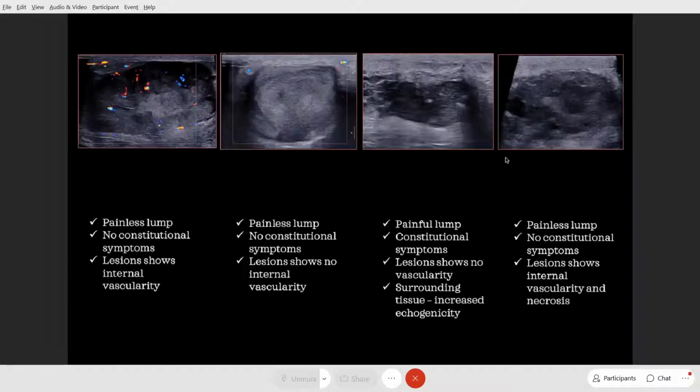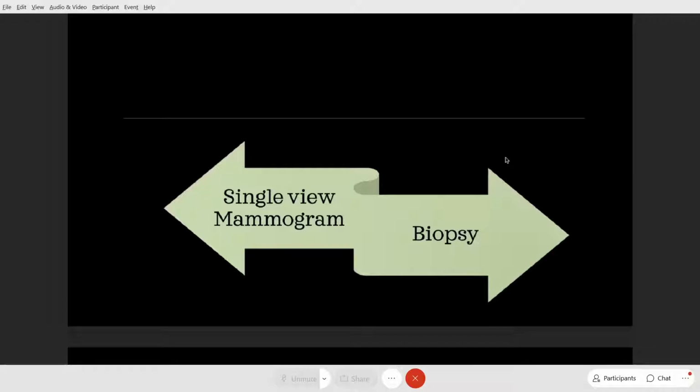She was so comfortably lying down. So that has to alert us. It looks very similar to an abscess, but the patient is so comfortable. You can see so much inflammation around. You can also do a single view mammogram to see the fat density lesion in a solid appearing galactocele. Sometimes we may not be able to get a diagnosis and we have to do the biopsy.